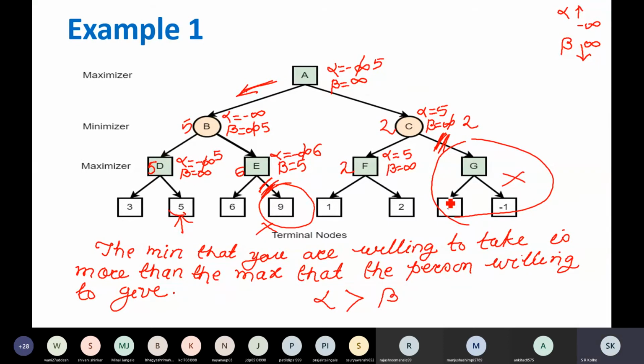Then you will be working on developing game programs. That time you will have to use such a technique. Yes?